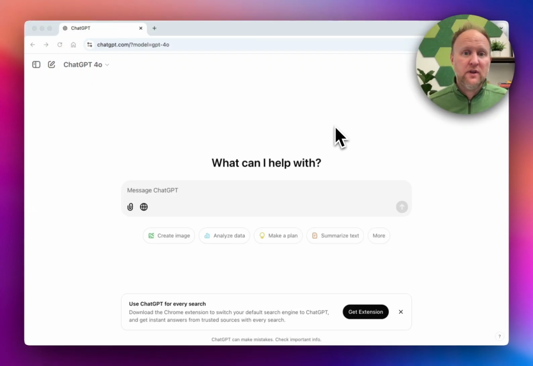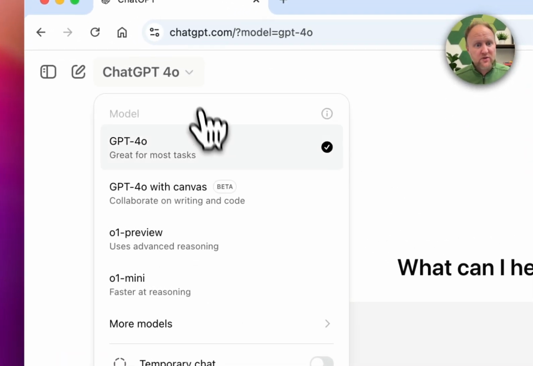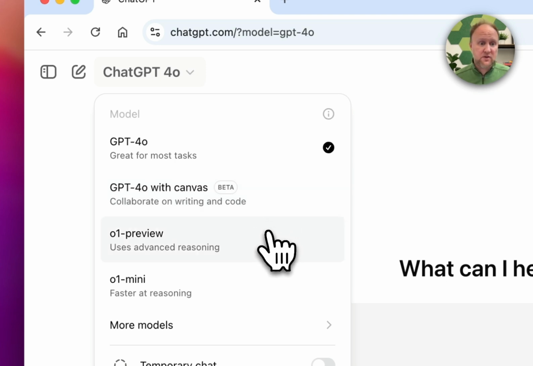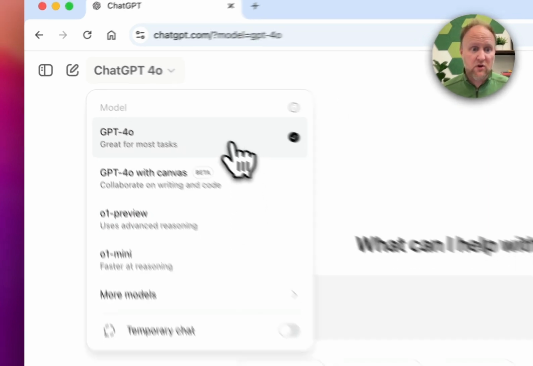All right, now we are in ChatGPT. I'm just in the web-based program here, not the Mac OS version. As you probably already know, you can use the different models over here. I've had a lot of success using the Canvas model so that I can edit the document within GPT down to the sentence level, which is wonderful. I've had an extremely great experience using the O1 model that has advanced reasoning, and that's just great. For this example here, I'm just going to stick with the 4o task.